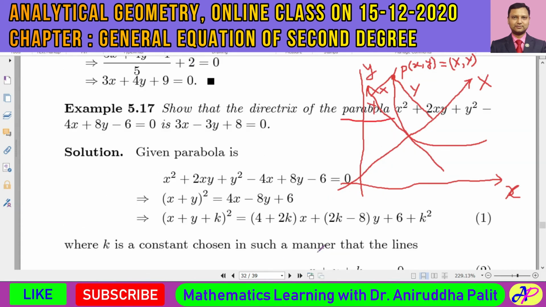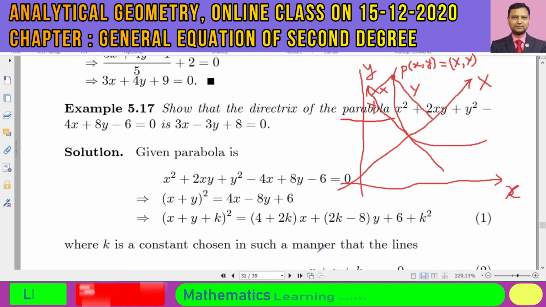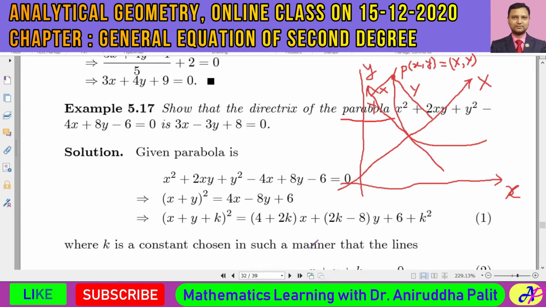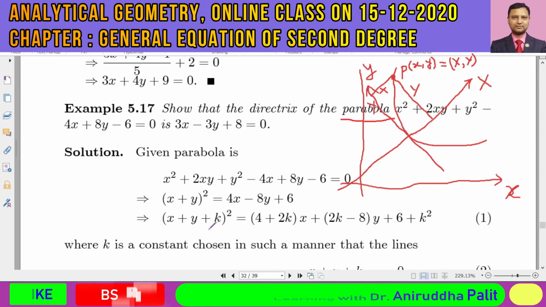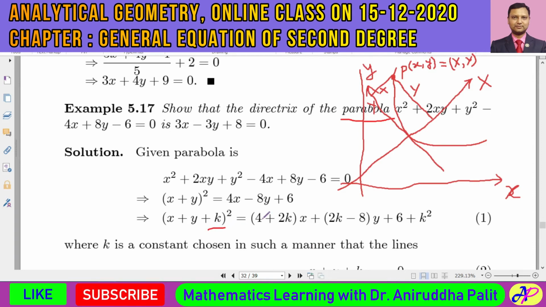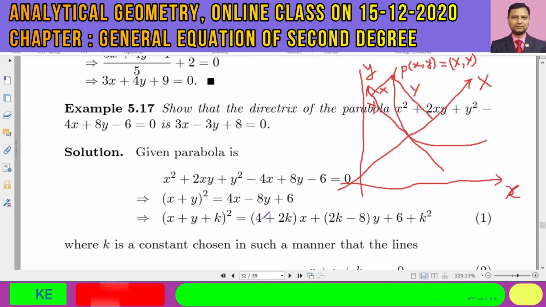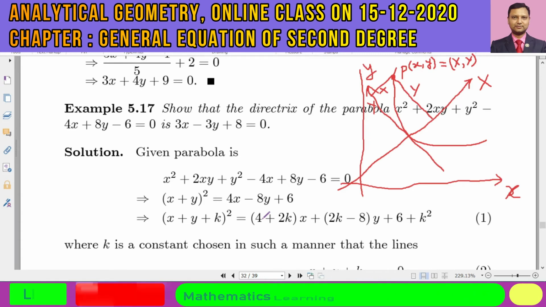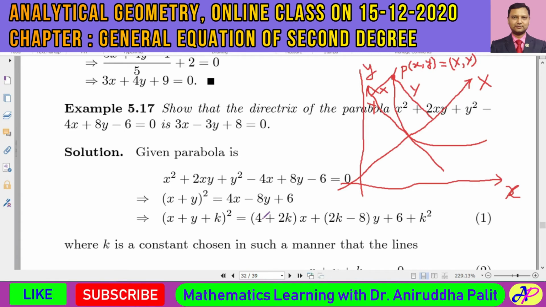That's why I avoided computing the expressions of delta and d, because it is already given that it is a parabola. So there is no confusion. I know how to proceed, and I took that particular technique because in the case of a parabola this kind of adjustment applies. But in the case of a hyperbola or ellipse, a different kind of adjustment was needed: we first computed the center, then applied a translation, moved the coordinate axes to the center, and after applying rotation we converted everything into standard form.